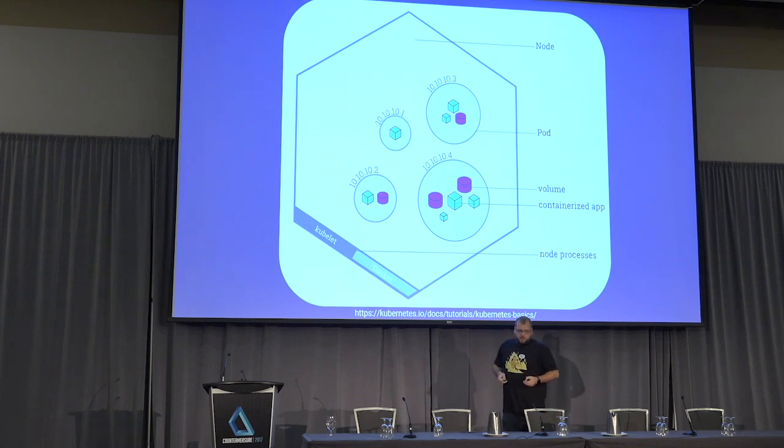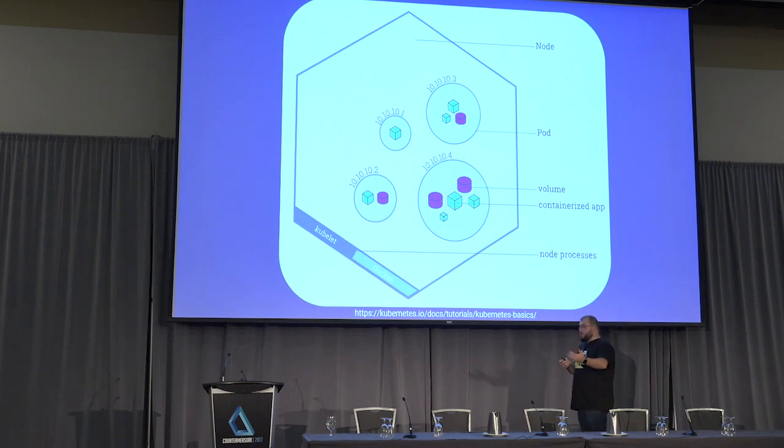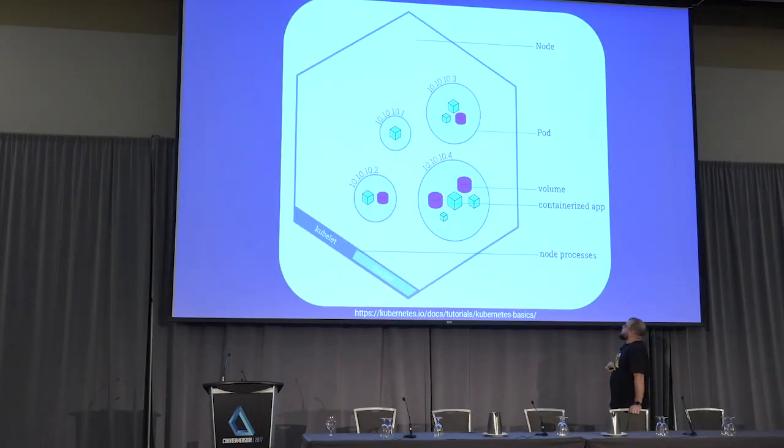So as we dive into a node, there are a couple key processes that run on each of the nodes. And that's the kubelet. What the kubelet does is that it accepts these commands from the API server and will do something based on that. Like say, for example, the Kubernetes API server would say, hey, kubelet on this node, run this workload. It says, OK, and it does the thing. Each node is also running Docker. There are a number of different container runtimes available, but for the sake of this talk, we're just going to choose Docker.